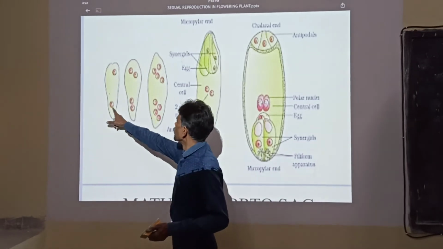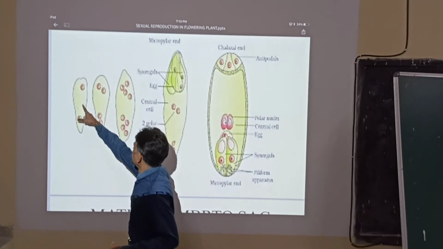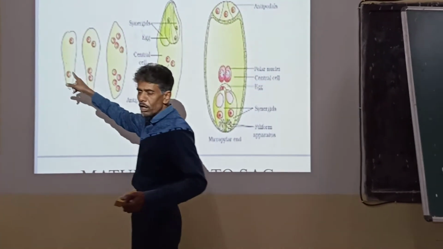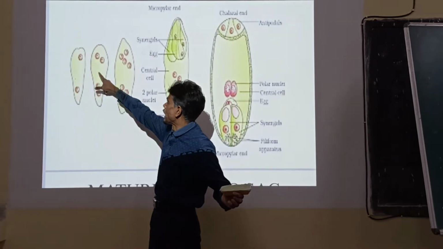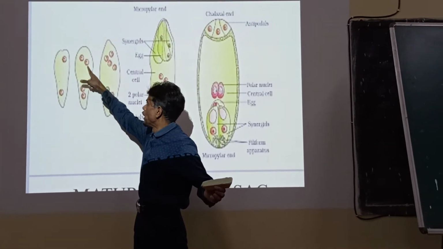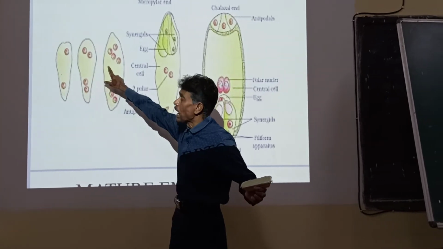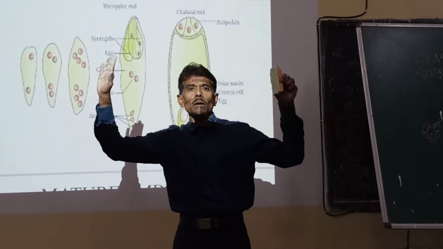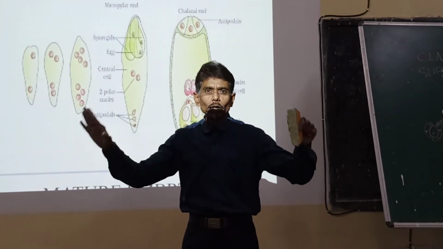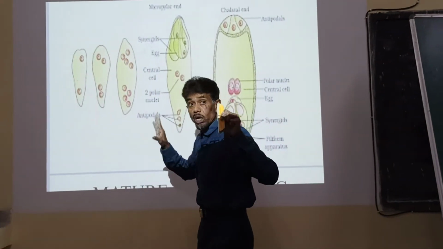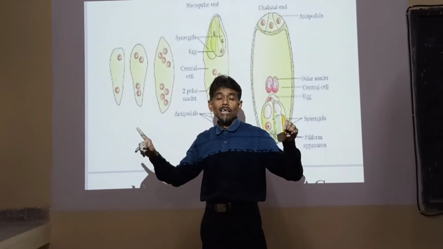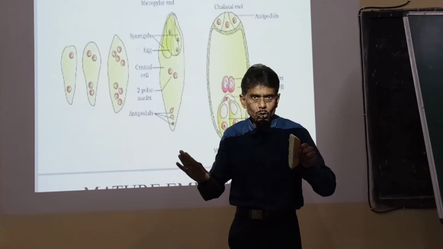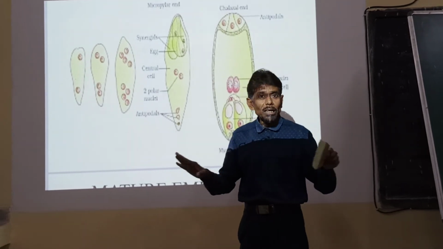Within the embryo sac, the nucleus by first mitotic division divided into two nuclei. These are free nuclear divisions as I told. Then by second mitotic division, each nucleus divided into two, so 4 nuclei in total. So how many mitotic divisions take place within the embryo sac? 3 consecutive mitotic divisions, and it's a free nuclear division. That means only karyokinesis takes place, not immediately followed by cytokinesis.